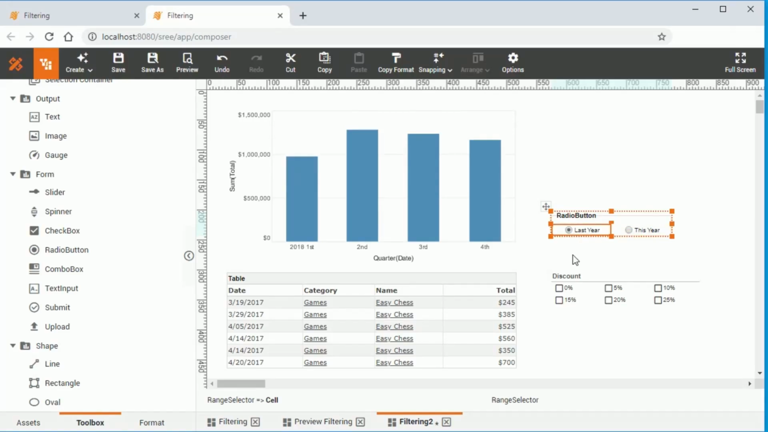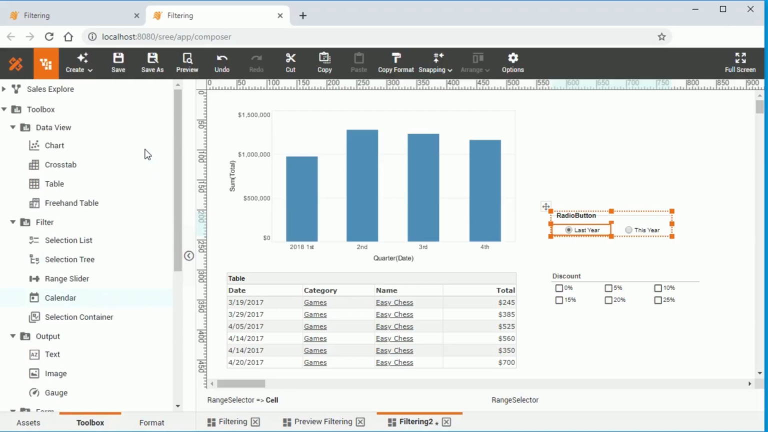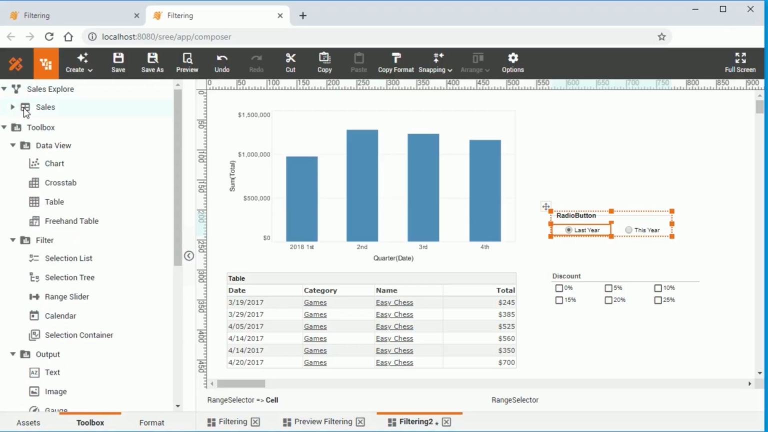This illustrates how you can gain more control over the type of filtering that your end users can do. For example, here we've restricted the user input to choosing either last year or this year specifically for this chart. This is in contrast, for example, to adding simply a range slider for the date,